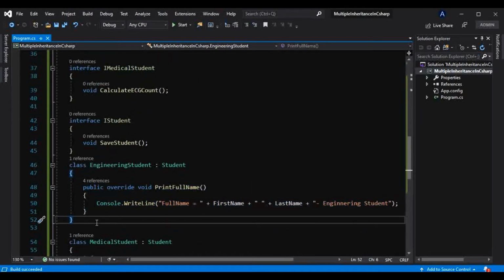That also we have learned in this video tutorial: what is method hiding and what is method overriding, and which method gets called in case of method overriding when we create objects through a base class reference variable, and which method gets called in case of method hiding. So that also we have learned in this tutorial series.